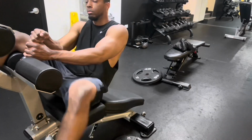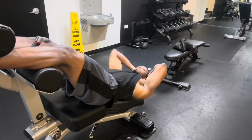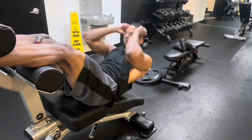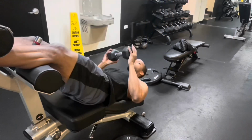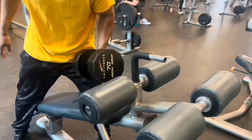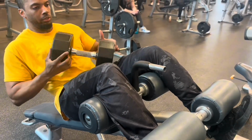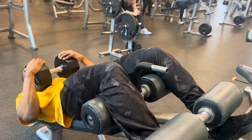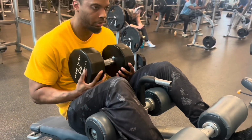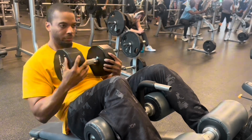And I posted videos of me doing this before, but my favorite way of doing resistance training ab crunches for the upper abs is on the decline bench, and then adding weight that I hold over my chest, usually a dumbbell, to make the resistance even harder. And like everything else, you should go heavier and heavier each time you get up to a certain amount of reps. Record them in your notes so you know where you're at, and you can see how much progression you've made. Because if the amount of weight or the number of reps that you're doing isn't going up,